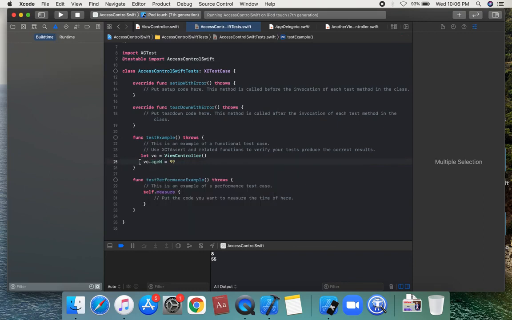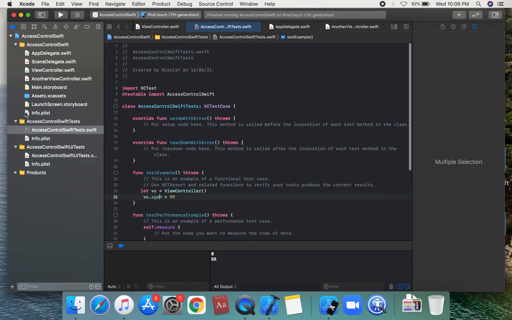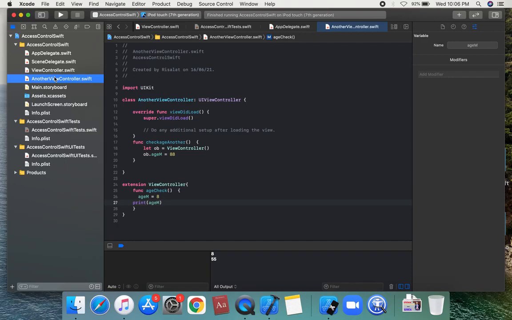We can access the property ageM from another module when it is public, and we can set other properties using ageM. So this is internal, and the first question was public and open.